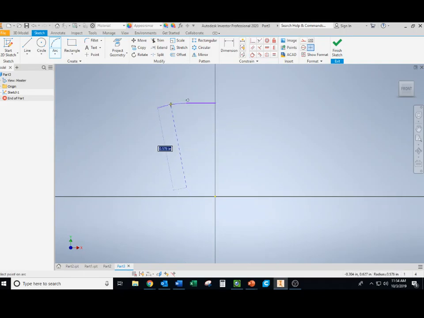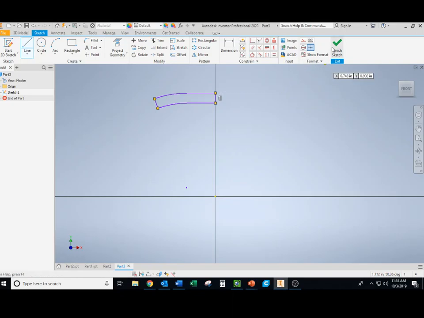Something that looks like this. The actual dimensions don't really matter. And then we're going to use our offset button and make this a little bit bigger. The offset tool is right in the center. And then we're going to use our line tool and just close the loop for this so that it is